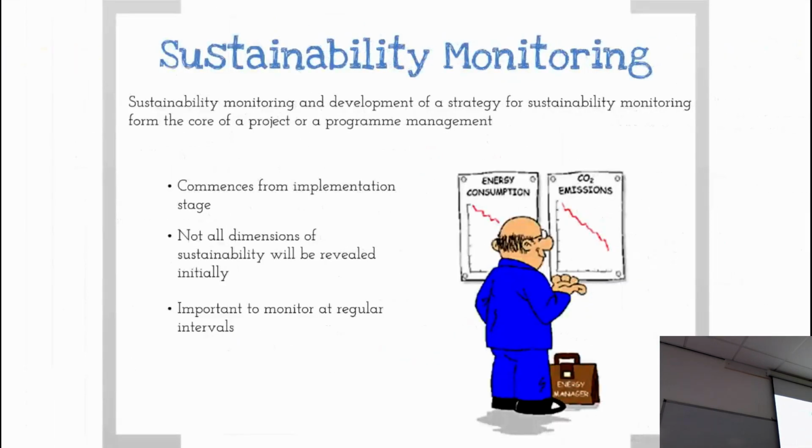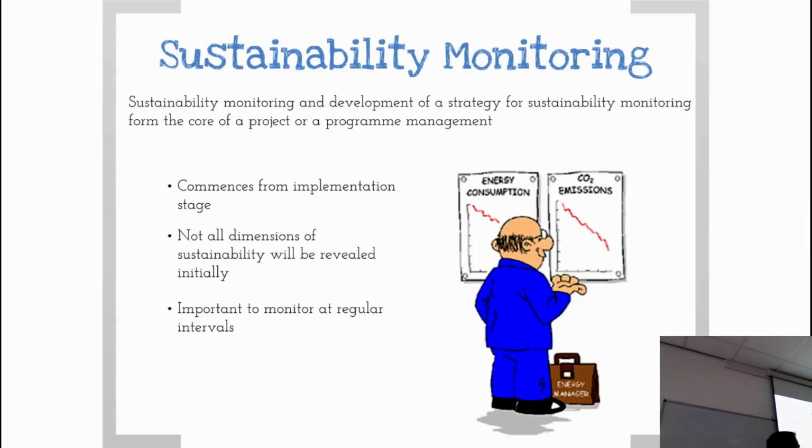Monitoring. So specifically from a sustainability point of view, it's slightly different perhaps than some other deliverables that you might have. So sustainability monitoring and development, they are core to your sustainability strategy. And they should start at all points, okay? They should start at the implementation stage. All of the things that you're setting out, what are you looking to do? You can start monitoring from day one, okay? Not halfway through the project, from day one.